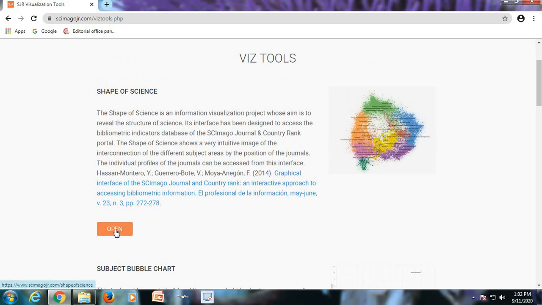When you go to the shape of science, you click into that. It gives you a graphical presentation of the entire journal publications worldwide.